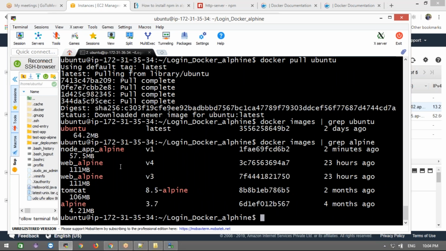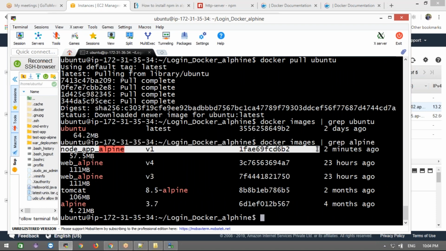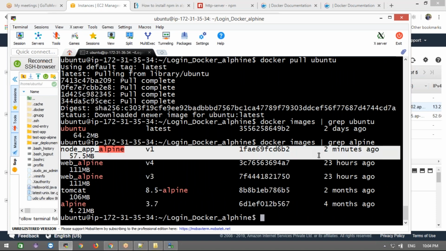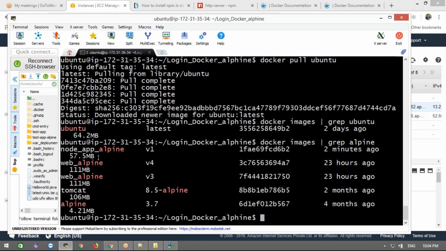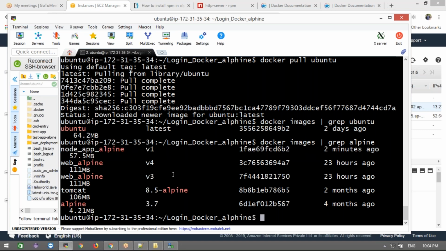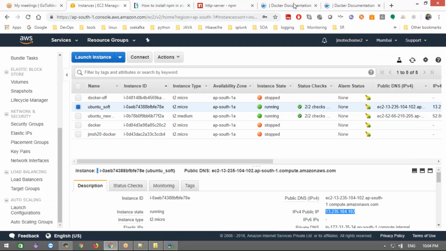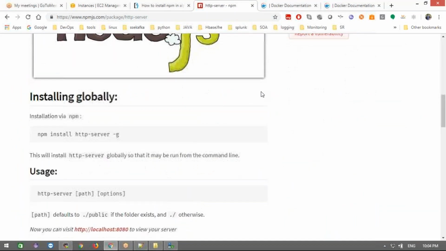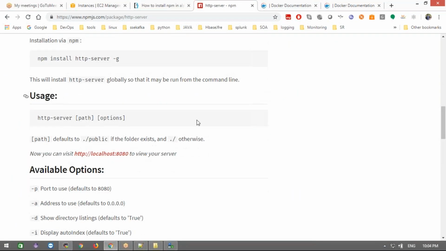Now see our images, Alpha images, and then next, this is the one, which one, this one, right? Now how much is my complete code and everything, the complete application is 57 MB. And how to run this application, what is the HTTP server default port? If you don't know, what you must do is just go through this documentation. See, by default the port is 8080 only.